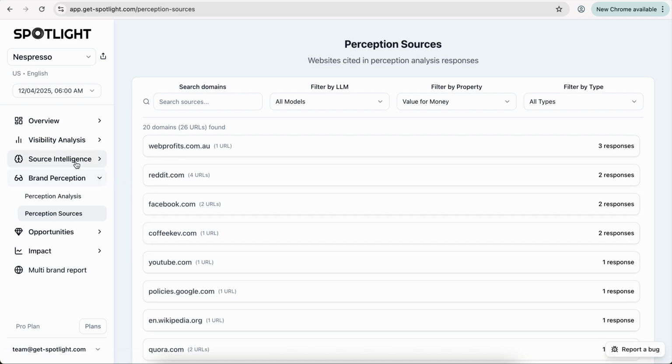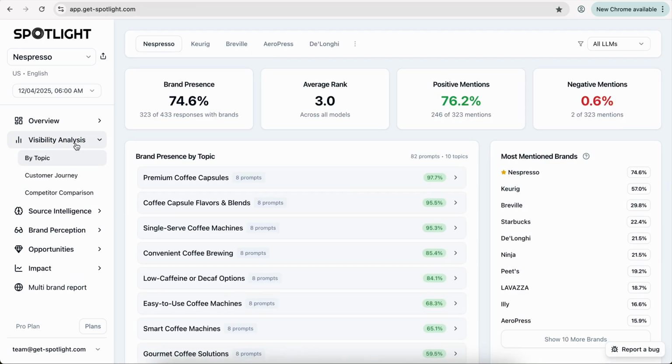So that's maybe 30% of the product. It's a very big product. There's a lot of tools here, but just to give you a general feel for what this can do for you. So I hope that was interesting for you,